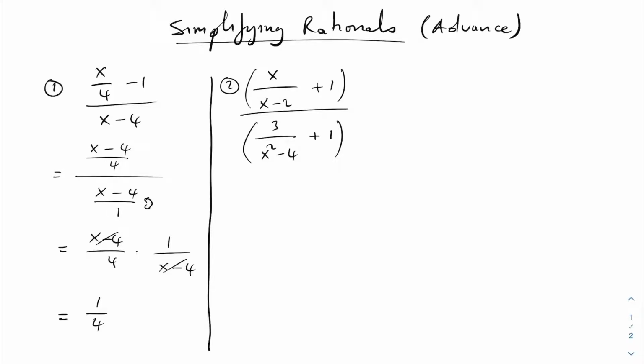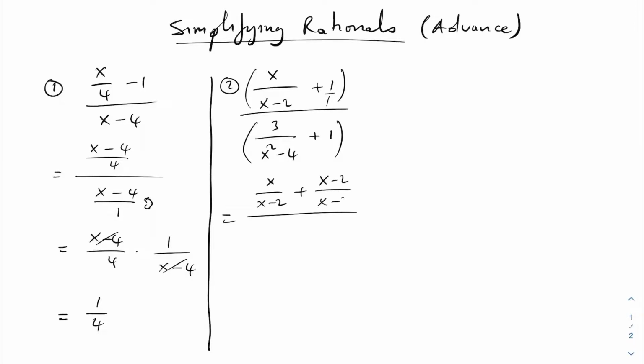And so if you look at the top one here, the 1 is again a 1 over 1. And so the least common denominator here is going to be x minus 2. So 1 is missing x minus 2 as a denominator. And so all you have to do here is add that in there. And so you're going to have x divided by x minus 2 plus x minus 2 divided by x minus 2,